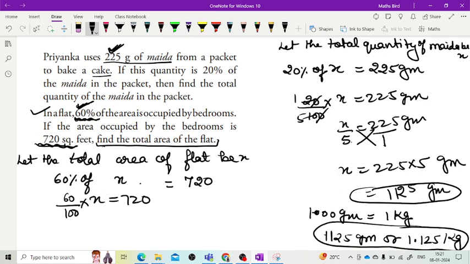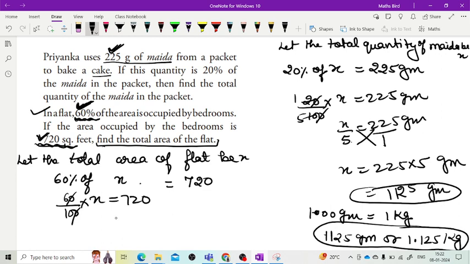भाई टोटल जो एरिया है उसी में तो आपका बेडरूम होगा ना, बेडरूम कहीं बाहर तो होगा नहीं, तो उसी टोटल एरिया में 60% एरिया इज ऑक्यूपाइड बाय बेडरूम, तो टोटल हमने x माना है, उसी का 60% एरिया बेडरूम का है, और कह क्या रहे हैं कि वो जो एरिया ऑक्यूपाई है बेडरूम का वो 720 है. मीन्स फर्स्टली दे आर गिविंग द डेटा इन परसेंटेज, देन दे आर गिविंग द डेटा इन न्यूमेरिक वैल्यू, राइट. सो दैट मीन्स परसेंटेज में 60 है, एक्चुअल वैल्यू 720. तो 60% किसका है? टोटल का है ना. दैट मीन्स 60% ऑफ x इज 720.